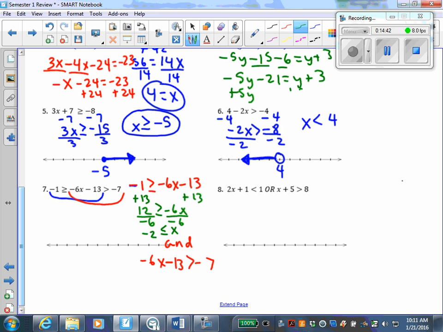That seems backwards to me. I like it when the x comes first, so I'm going to rewrite it as x is greater than or equal to negative 2. I just turned it around, which means I have to turn around my symbol as well. That's the first part of my solution. Now for the